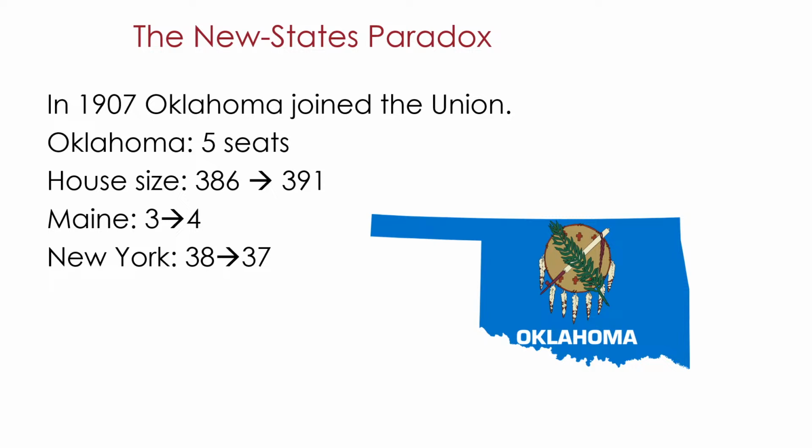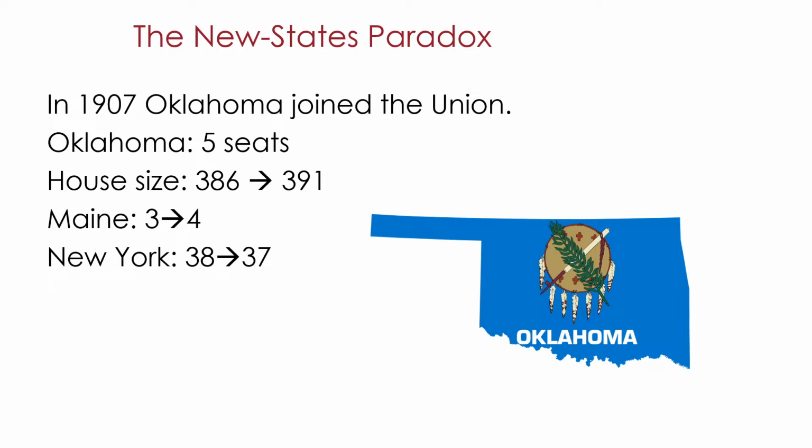So the same thing that you saw in the contrived example actually happened in real life. This is related to the Alabama paradox. What I mean by that is if a particular apportionment method exhibits what we are calling the Alabama paradox, then it's possible for this to happen as well. So it's kind of linked to the Alabama paradox.